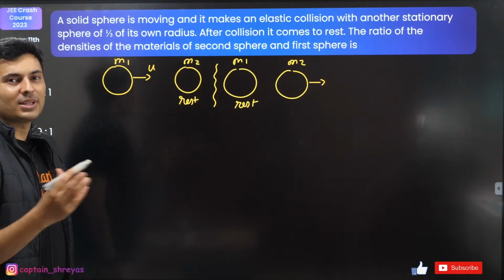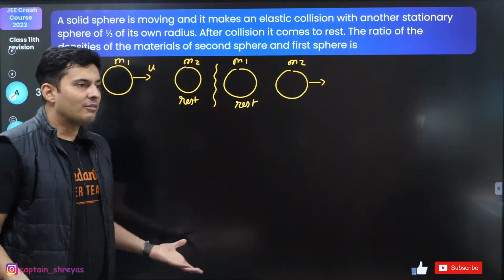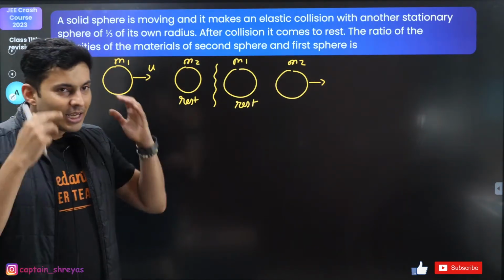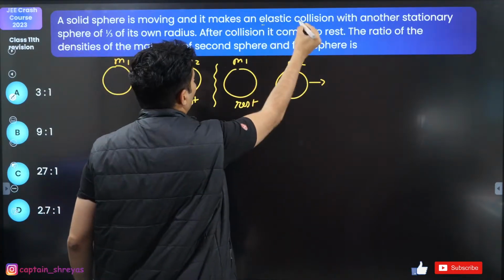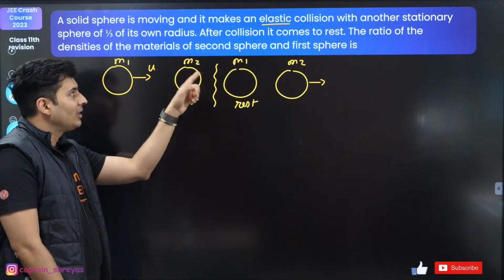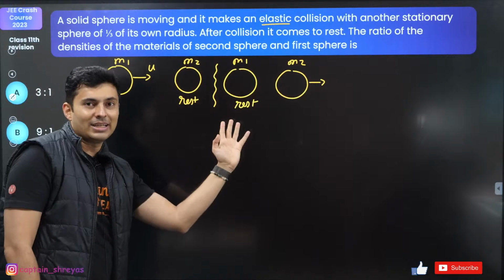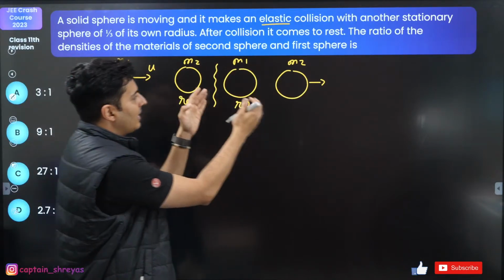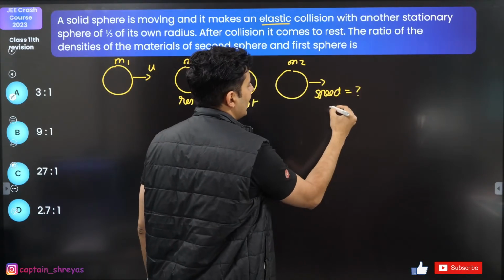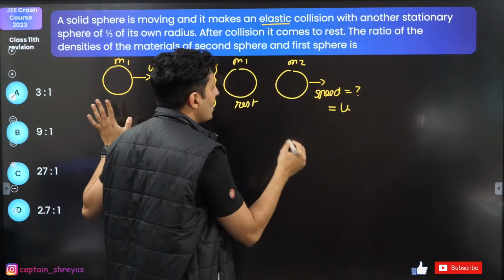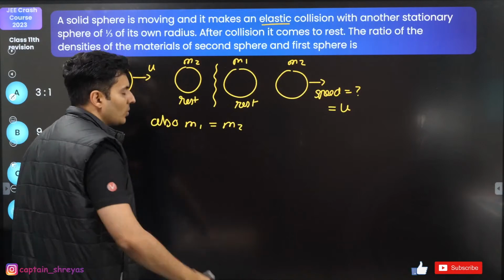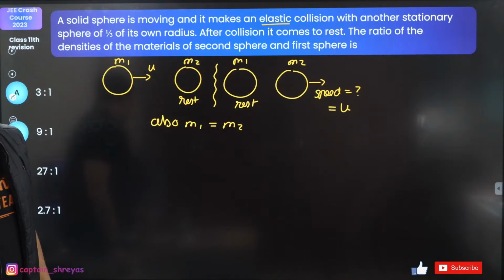We have seen what happens in elastic collision. The velocities get exchanged if the masses are equal, and that's what happens in elastic collisions. Remember, that was the property of elastic collision, that the velocities get exchanged. If this was at rest, now this one is at rest, and whatever speed this guy had will be the same speed u. And also mass 1 will be equal to mass 2. That was the property of elastic collision.